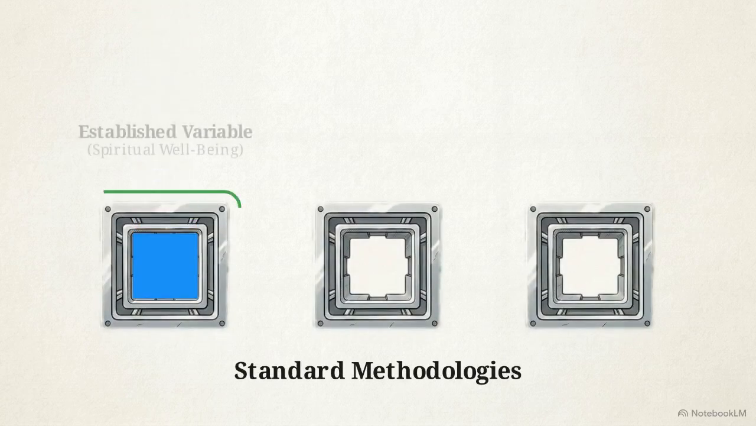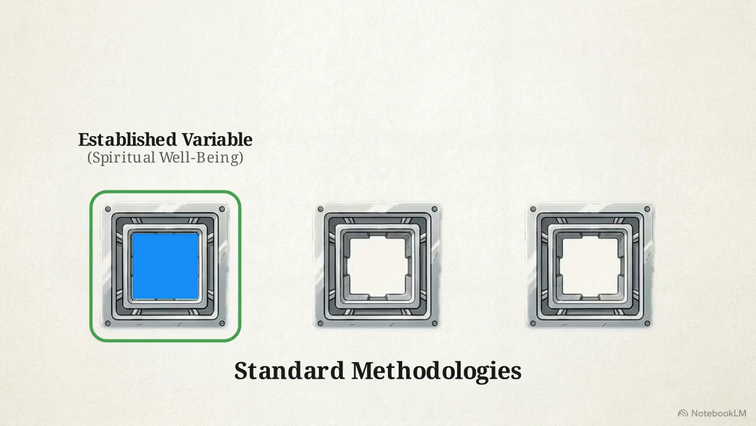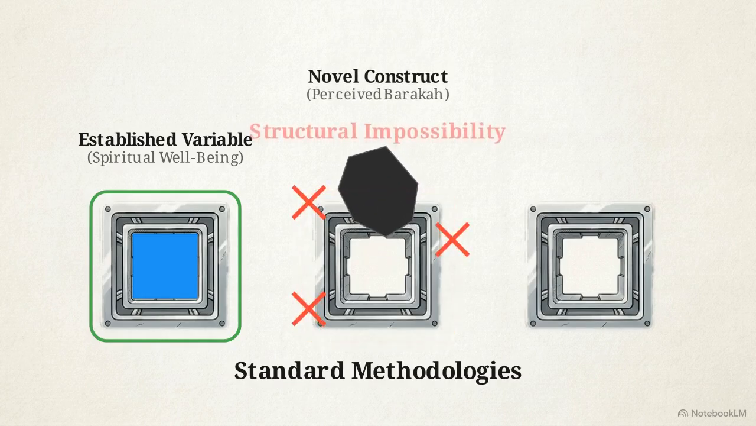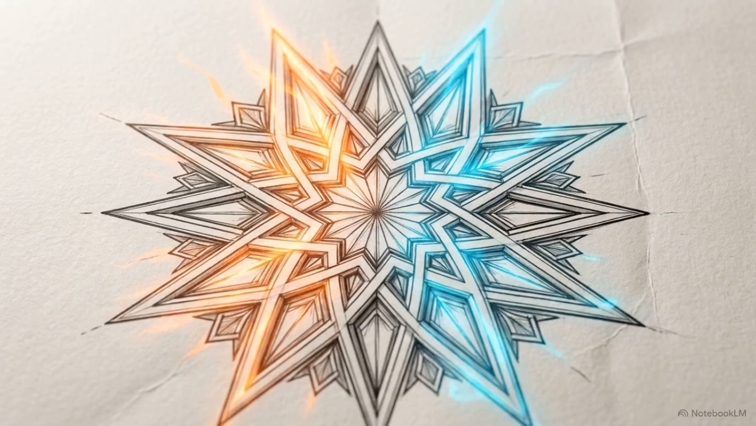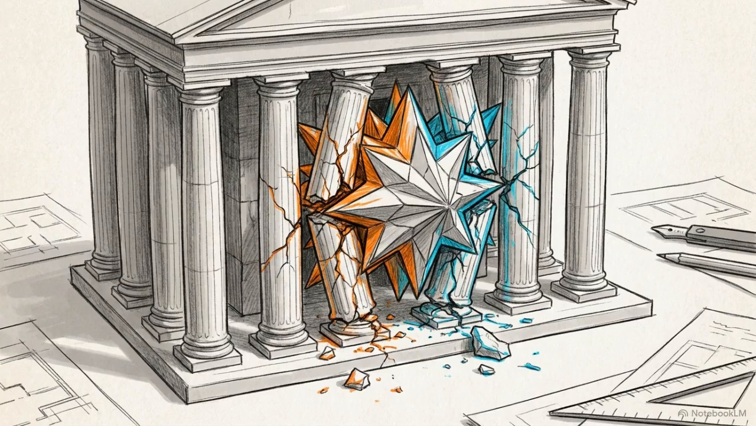Standard methodologies are highly optimized to measure established variables. They are not designed to define a concept and measure its impact simultaneously. Take an emerging Islamic concept like perceived barakah, or spiritual blessing. If you try to force that nascent variable into an existing model alongside established spiritual well-being metrics, the architecture buckles